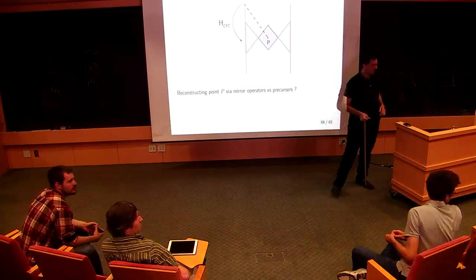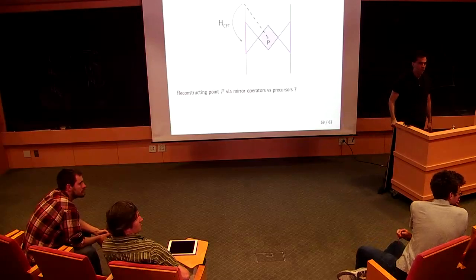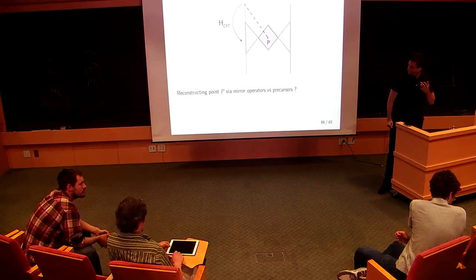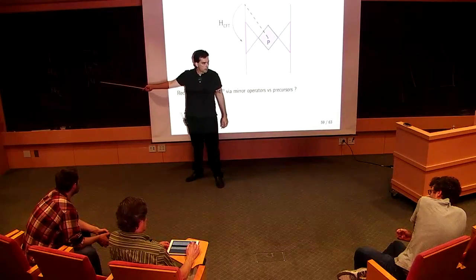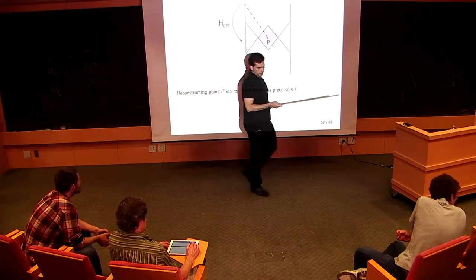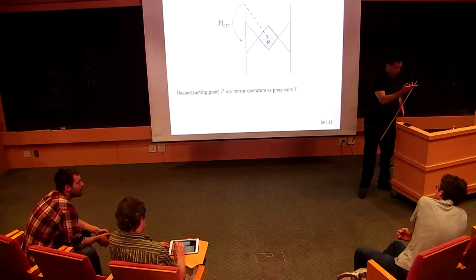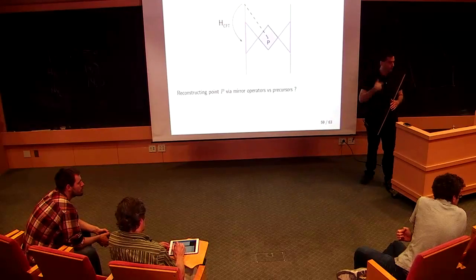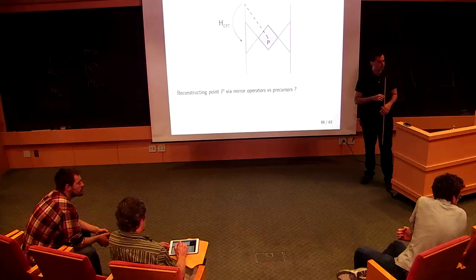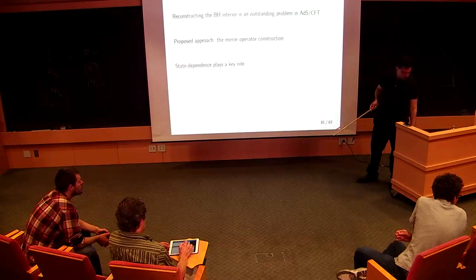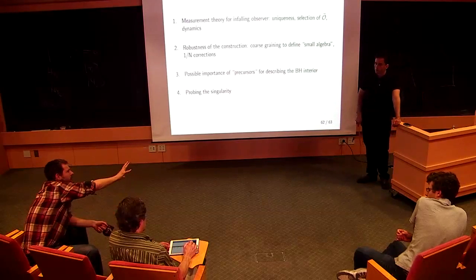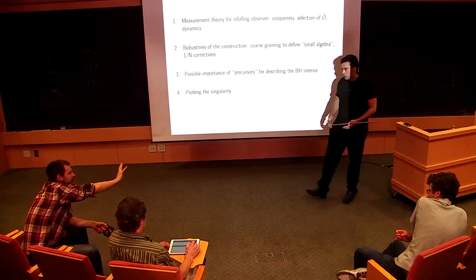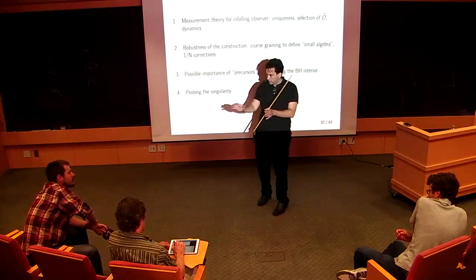This approximate algebra does not depend on the state. It does depend on the state. I don't know, it depends on what you mean by that. In the Tomita-Takasaki story, sometimes there's another state dependence that you may be thinking about, which is about the choice of state within this Hilbert space A of psi. But you also have a state dependence of the algebra, somehow. Yeah, in this case we also have a state dependence on the algebra, perhaps, because we have to regularize the algebra somehow. No, but the algebra is just the low energy, low dimension operators. It's basically independent of the state. Yeah, this type of regularization is independent of the state.